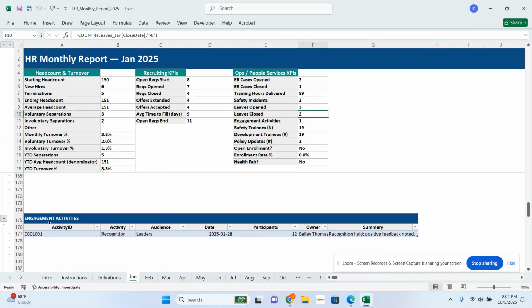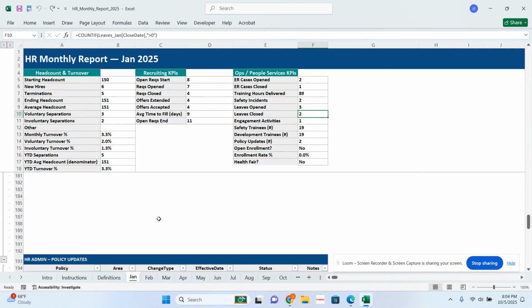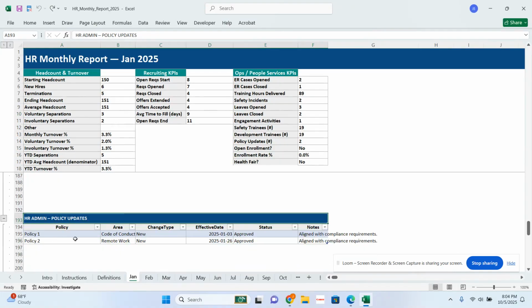You also want to speak to engagement. What were some of the engagement activities that went on during the month? How many were there? Was there 1? Are there 2? What type? This is really good for your executive team. HR admin, what are some of the policy updates? Policy 1, code of conduct. Policy 2, remote work. You want to show your executives the value you're adding within the HR department, and this actual